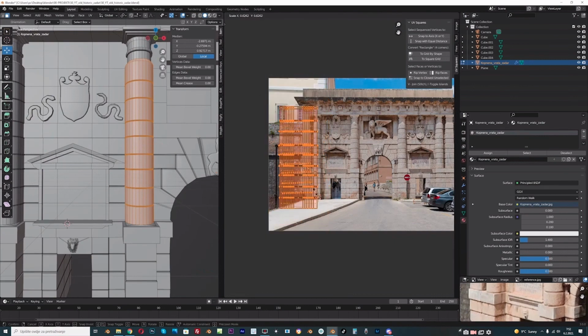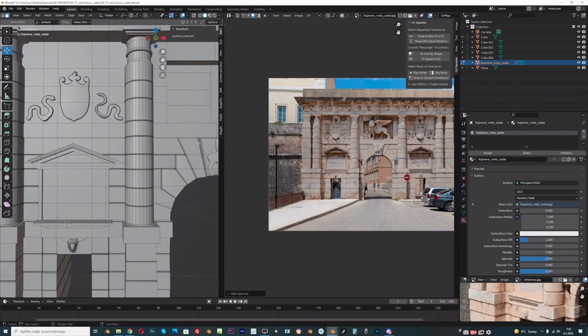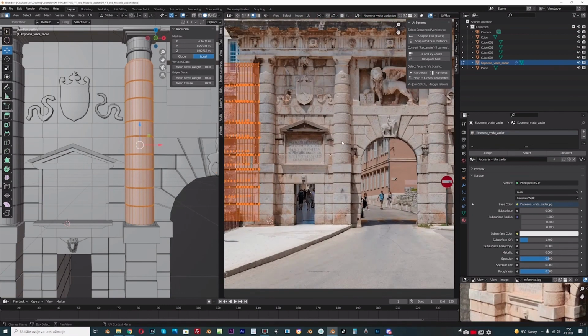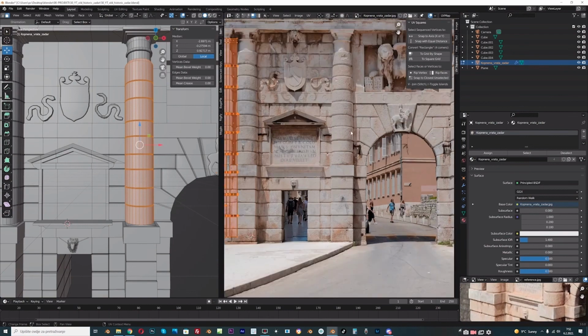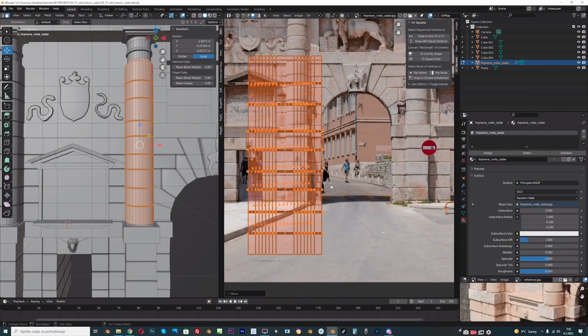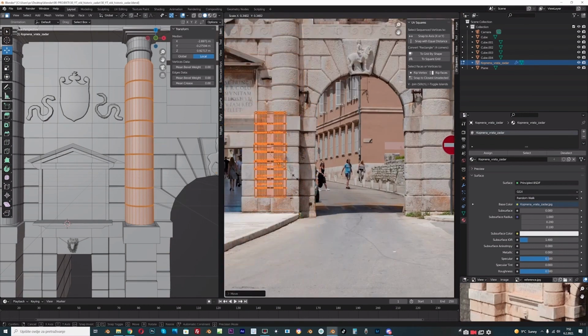First scale this and project this. I think I will avoid this because it's rounded, and we have a lot of shadows here and a bright area on the left side. So I will just